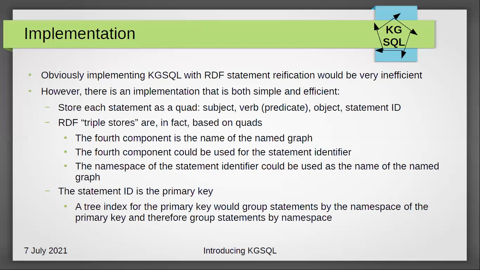Namely, what you can do is use the prefix, the namespace of that ID, to be the name of the named graph. And if you use a tree index on the primary key of your knowledge graph, because the statement ID can be thought of as the primary key, then this tree index would just naturally group by these